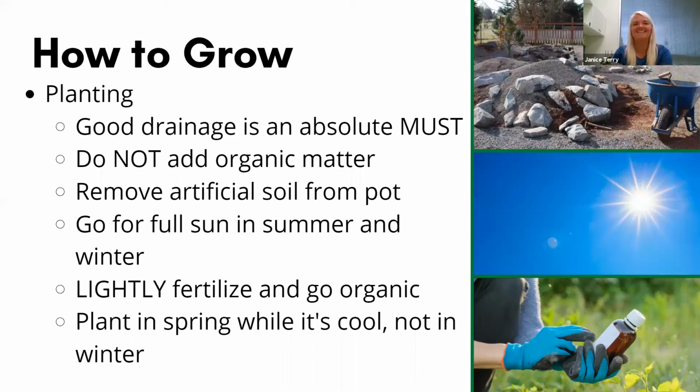They dislike all of that, like peat moss and compost, to the extent that it's really recommended that when you buy a cactus or succulent at the nursery, that you remove the artificial soil from the pot. Most of the growing media that nurseries and growers use doesn't even have any real soil from the earth in it at all. It's usually a mix of compost and peat moss and then some kind of drainage material like perlite or vermiculite. And so what you do is you can take that little plant and just soak the soil, the root ball, in some water,